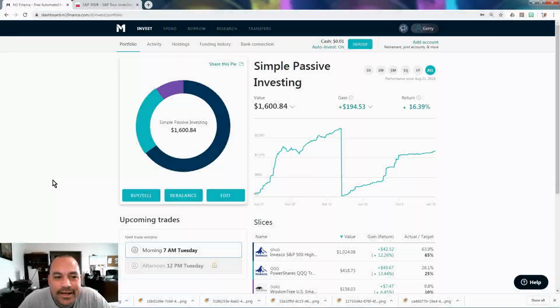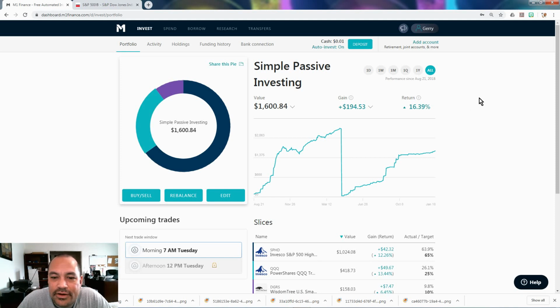Hey guys, so today what I'm going to do is build an entire M1 pie according to the sector breakdown of the S&P 500. I'm going to build it just so you can see how to build it, for one. And two, I'm going to actually put in stocks that I would invest in today. I'm not suggesting that you do this. I will leave a link to it, but the main focus of this is to actually build one